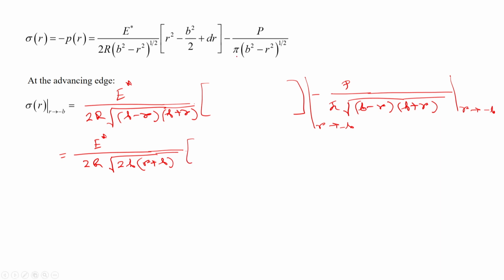Here it will be r is equal to minus b. So, it is b square by 2 minus d into b here, and then here it is minus p over pi, and this is square root, and in place of r I will write here minus b. So, it is 2 b here, and here it is r plus b. So, the singularity is taken care of, and therefore, in the same way that I did earlier, I can write